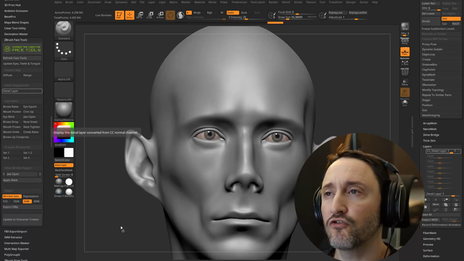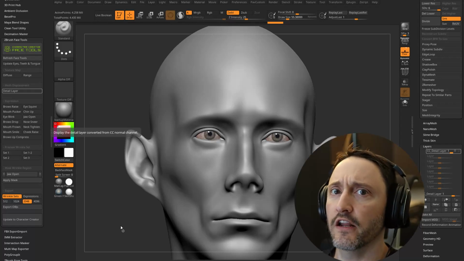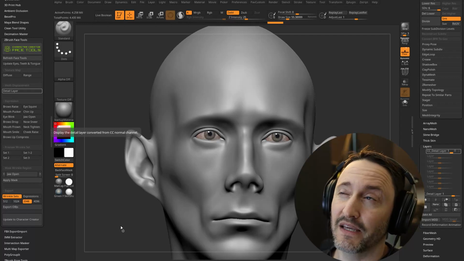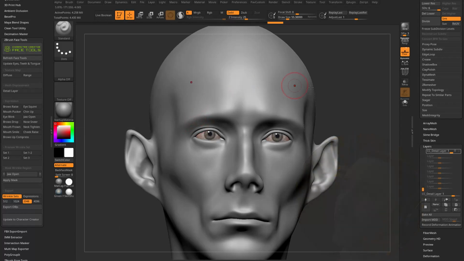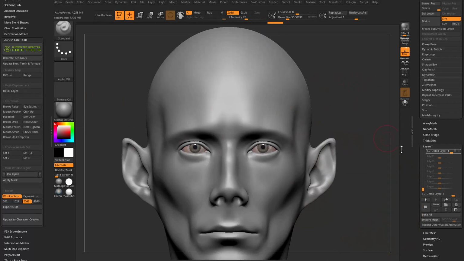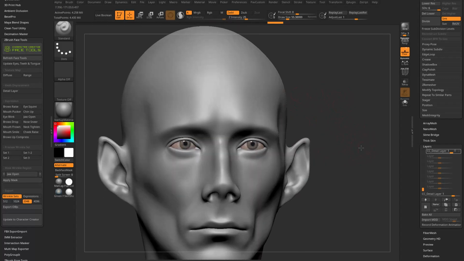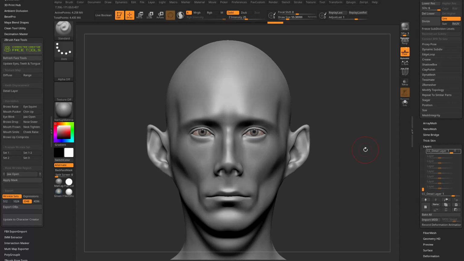And now I'm going to show you where you can turn on and off your detail layer and keep it around if you want it. In our case, I'm going to end up just getting rid of it, and I'll show you how to do that. But that is all this is doing, is turning my detail pore layer and micro wrinkle layer on and off. So now, and this is important, if I want to make base changes, remember there are 3 components